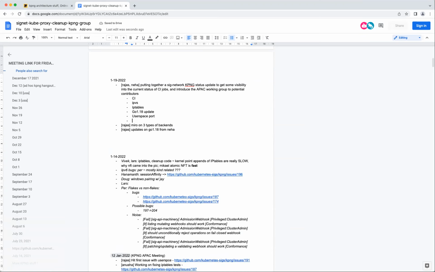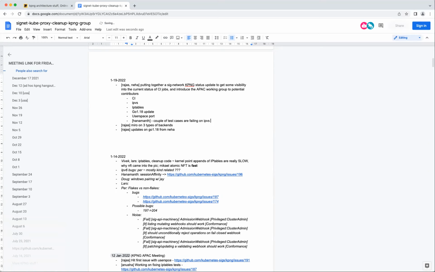Yeah, basically last Sunday there was a long meeting. A couple of us got together, just to give you that update, since you guys were not there. Basically, it is a consequence of a couple of test cases failing in the CI, especially around session affinity for the IPVS. But for IP table, I think those test cases are passing, right, Vivek? That is not an issue. Some of the session affinity ones are failing, but it's not always. It's flaking basically.